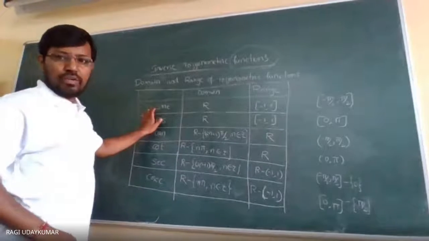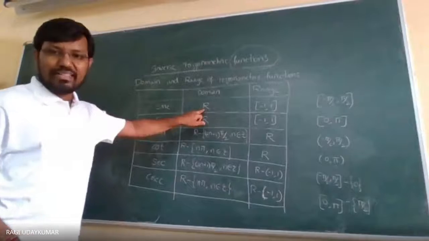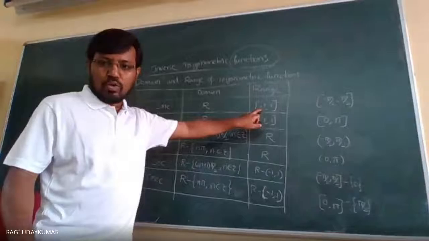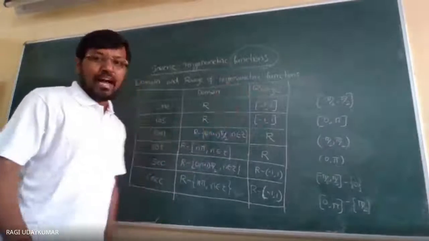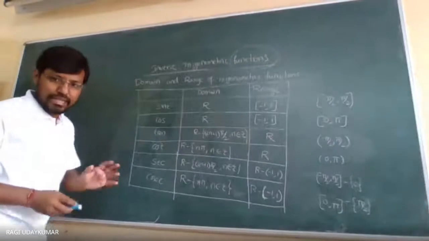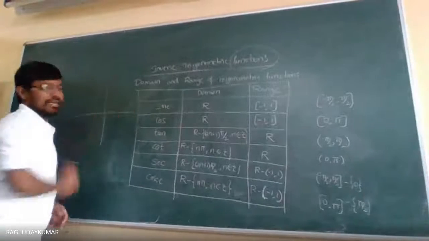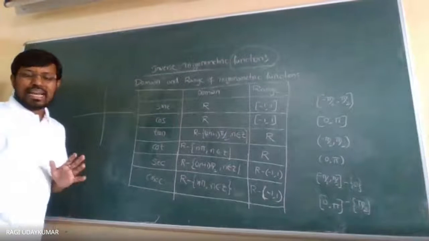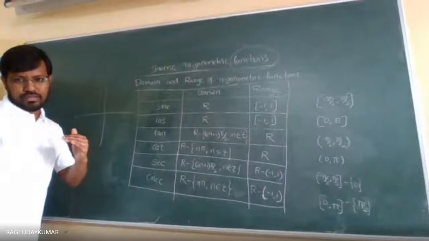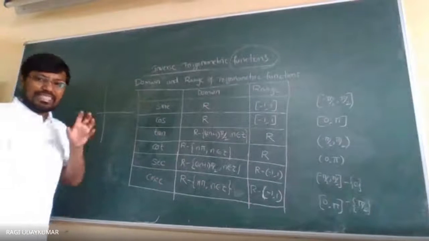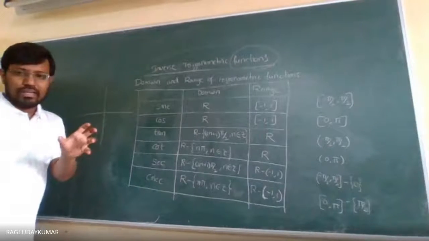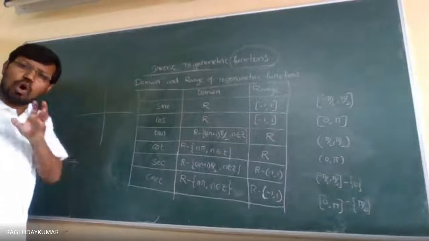And for the sine function, whenever you consider it, the domain is the real numbers, R represents the real numbers, and the range is -1 to 1. When you see the graph of the sine function, I am going to draw it. Whatever values you are going to take, as I already told you, the circular system should be in your mind. Then I will recall it once again. After that it is an easy task for you to do all the things.